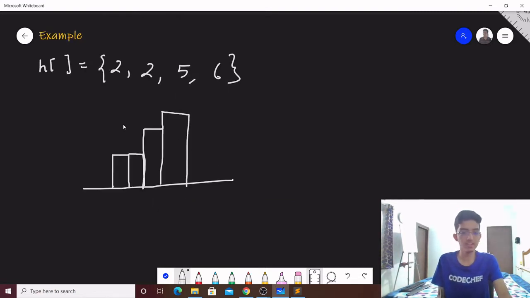Okay, let's take an example. This is a sample example in which the heights are given as 2, 2, 5, and 6. Let's look at the various rectangles that we can draw.